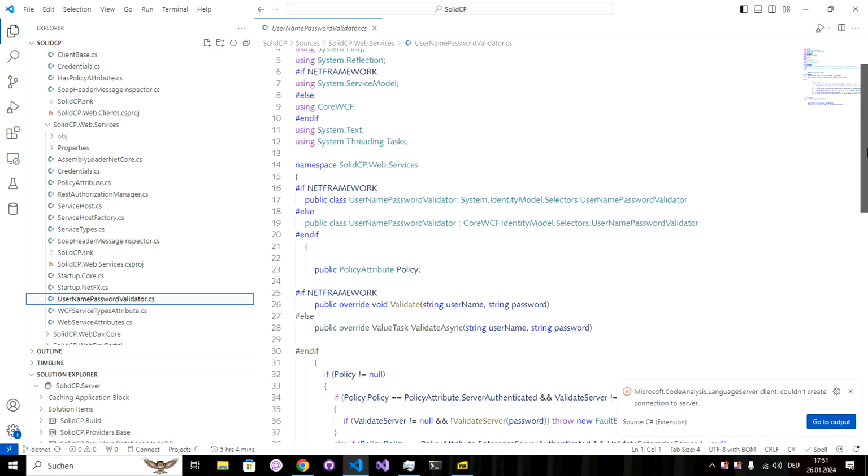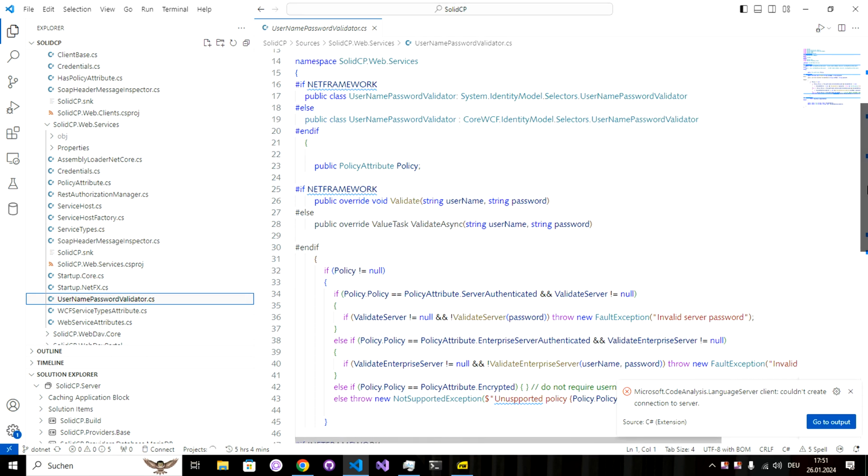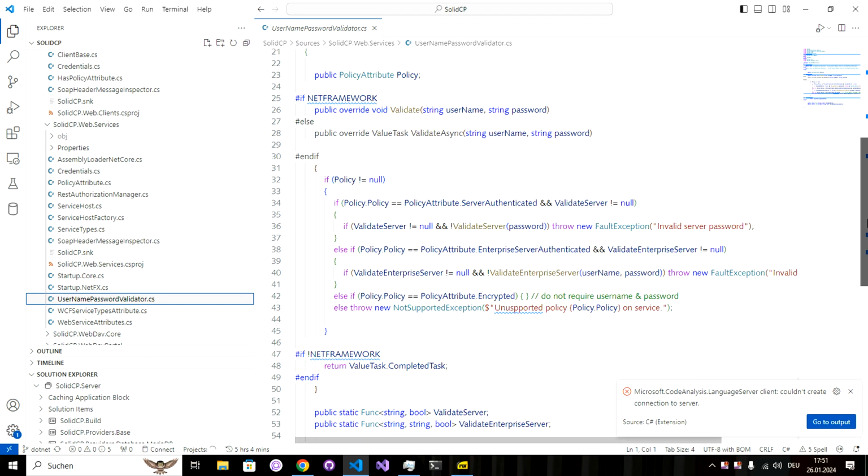And this is actually a username password validator, a WCF username password validator, but the problem is core WCF does not support this as it should, and so we call this validator from the SOAP header message inspector. And what it does, it looks at the policy of the web service, and